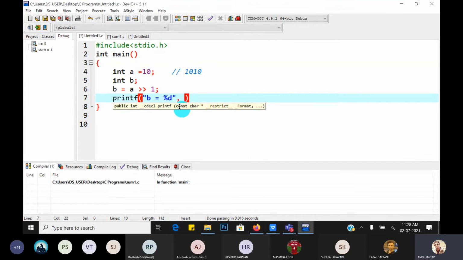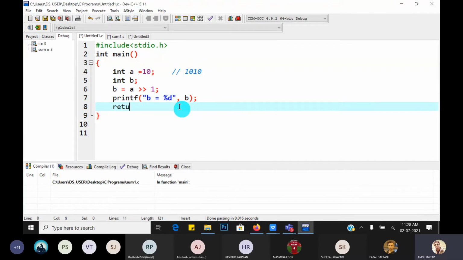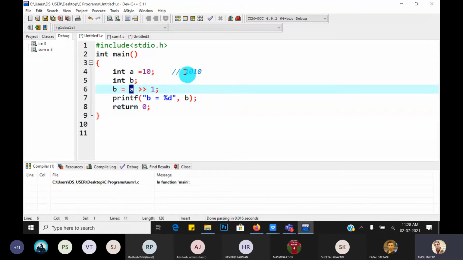So what is the value of b? return 0. So the variable a, we have to shift it by 1 bit to the left and add 0 from the right side. That means it is shifted.